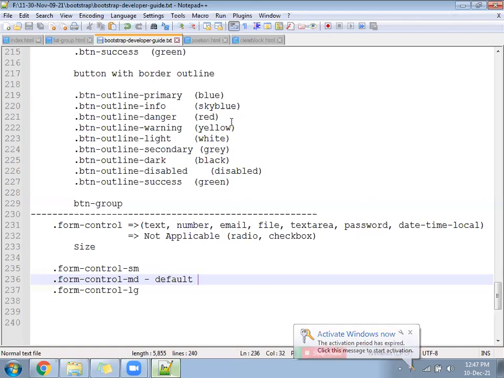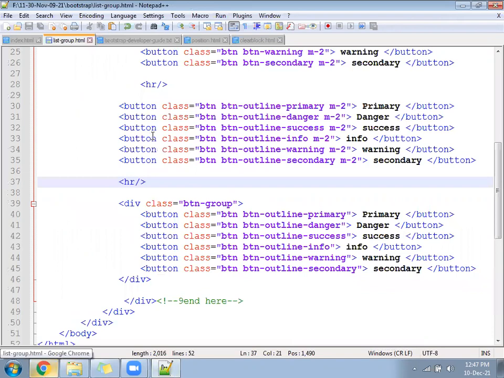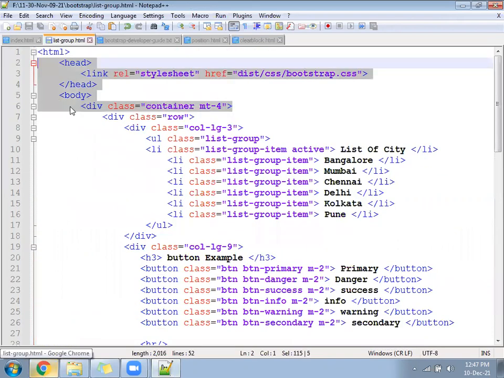Okay, so hope you are ready. Create a file form1.html.